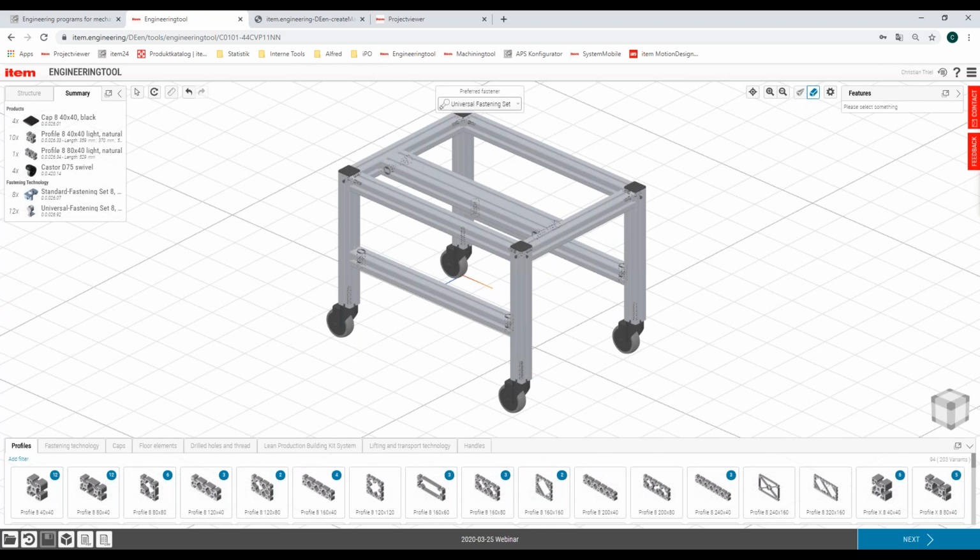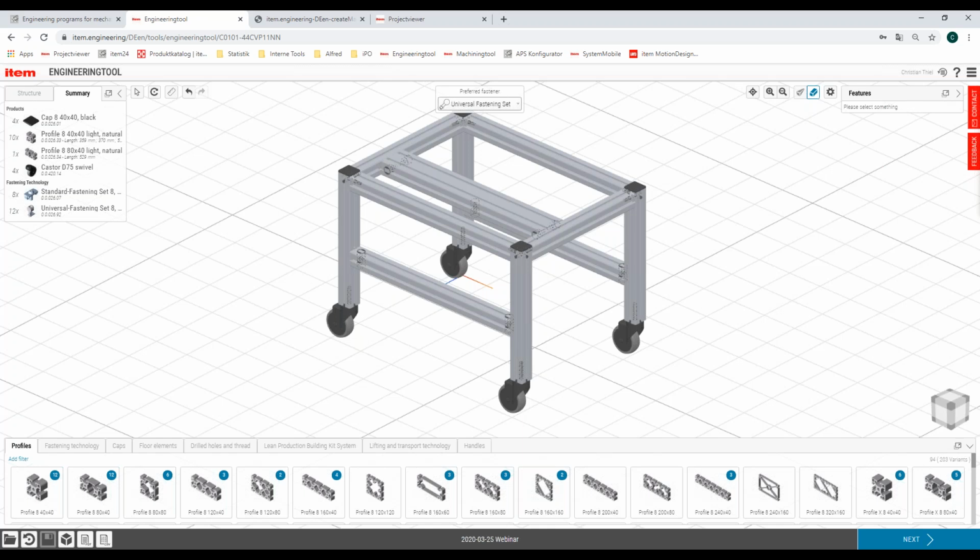But as you have seen, we want this whole solution to be as easy as possible. So we have to do a lot of work and take care that the products are easy to use in this case. And we are also thinking about maybe using some non-item parts in our designs, like a small carrier which you could use in our lean production system, so on a roller or on a conveyor.